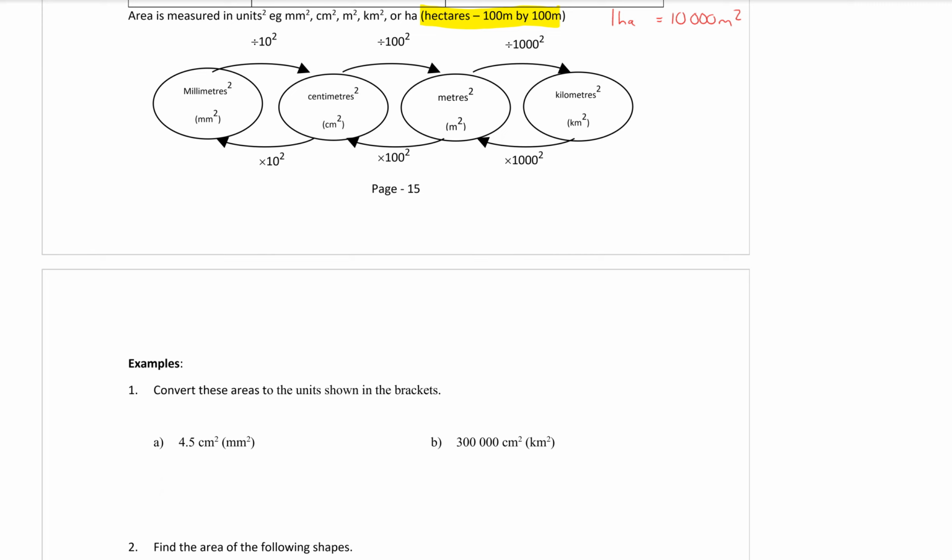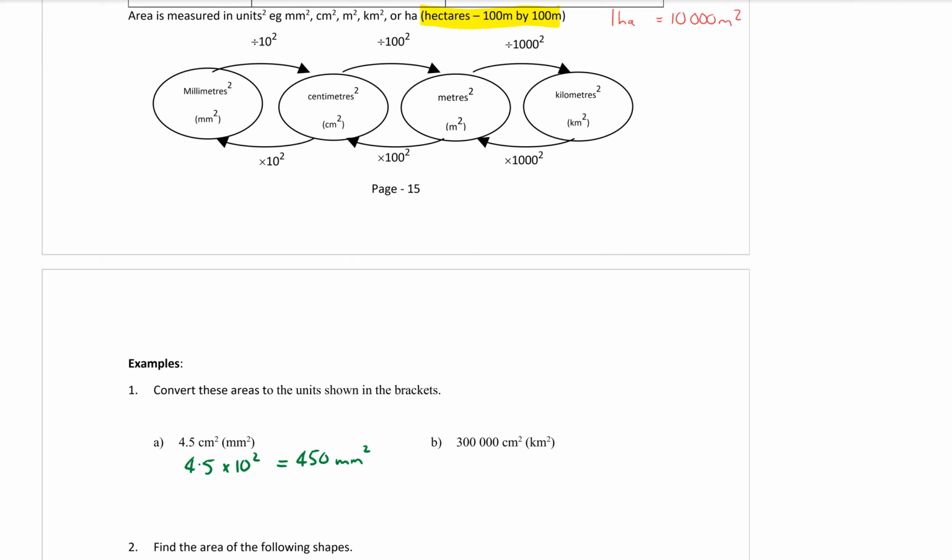To get to millimetres squared, I need to times by 10 squared. So 4.5 was my starting number, and I need to times by 10 squared. Okay, that equals 450 millimetres squared. Always write your units on your answers. The next one, I have centimetres squared,